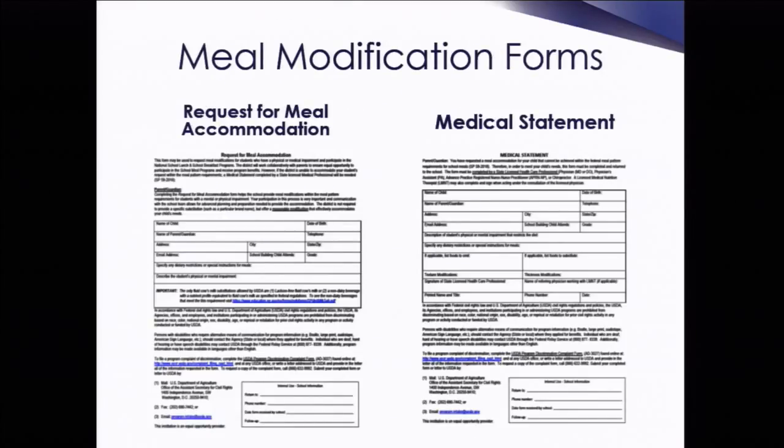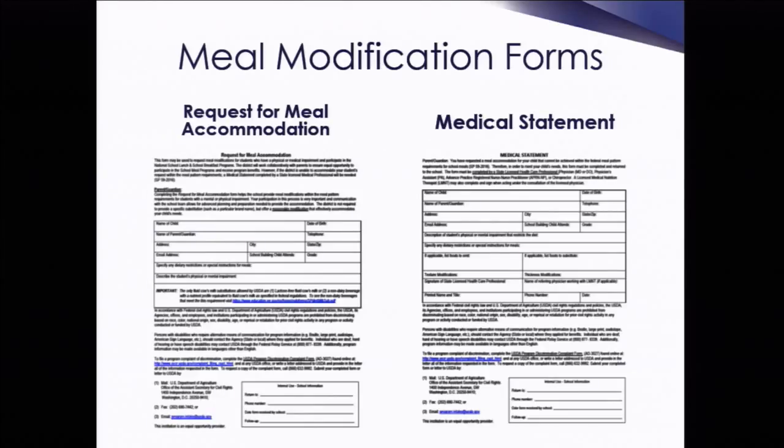Now that we have some common language in our back pocket, we can now talk about meal modification requests and forms. SFAs are to make reasonable meal accommodations for students with mental or physical impairments. What deems a reasonable meal accommodation is to be determined by your SFA. Because SFAs are encouraged to provide meal modification, open communication is key to keep students safe and encourage participation in